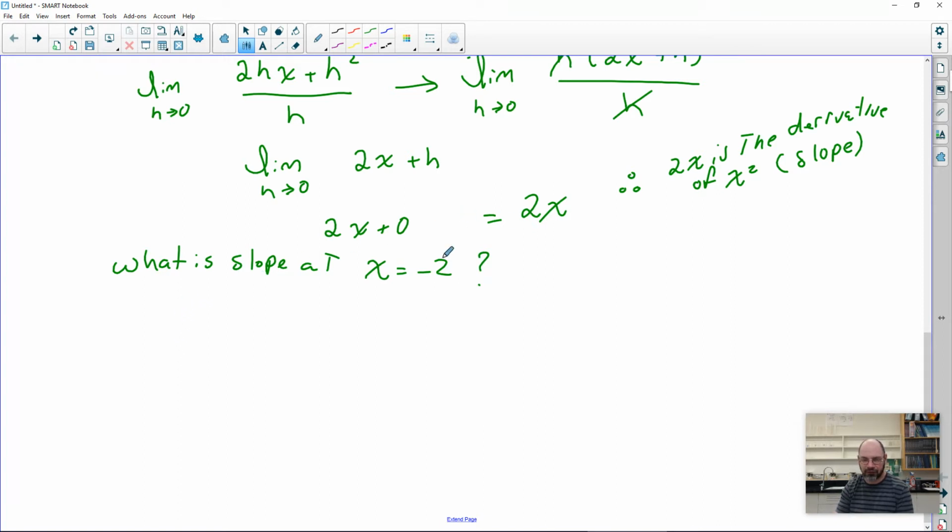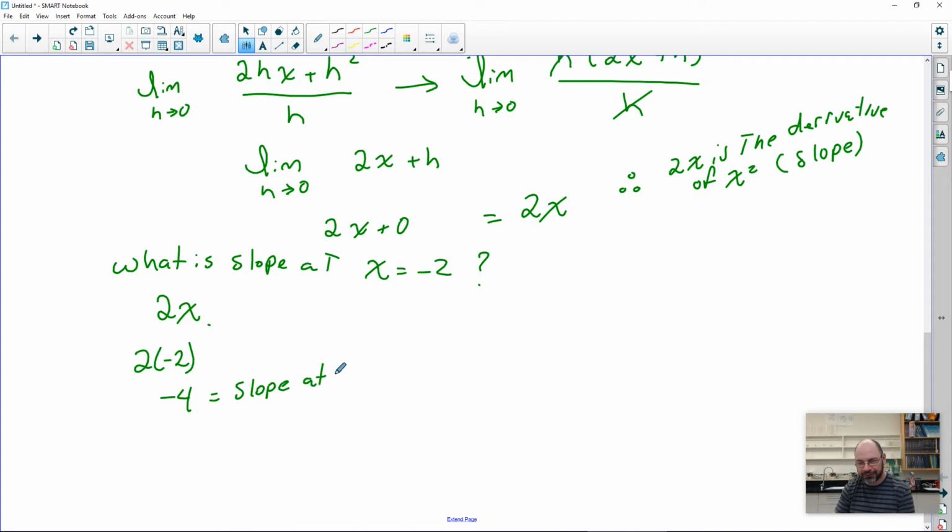Well, then we just take this and we go negative 2 times, 2x equals the slope. Let me do this, jumping ahead of myself there. 2x equals slope, so 2 times negative 2. So negative 4 would equal the slope